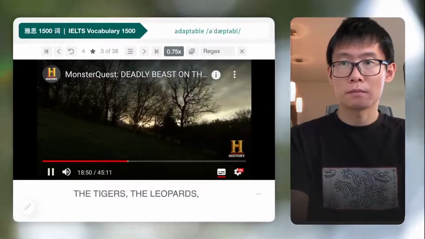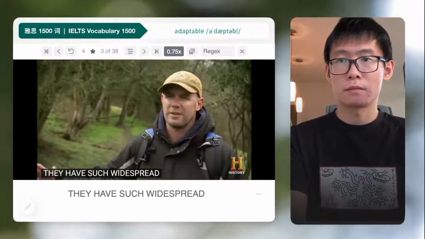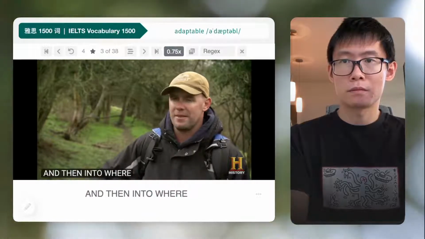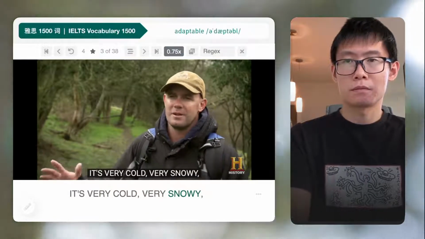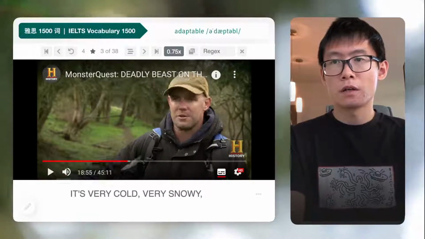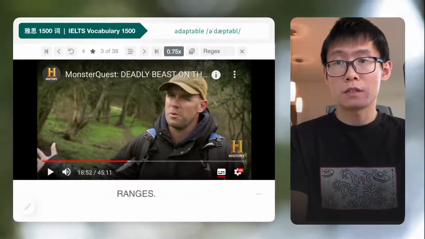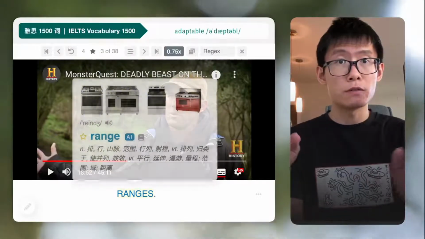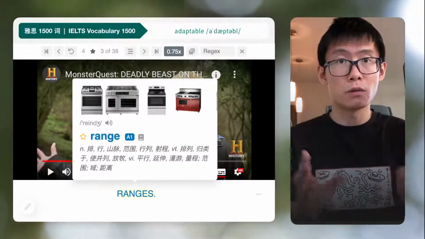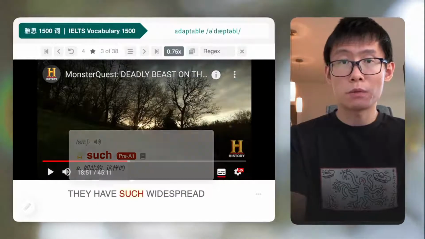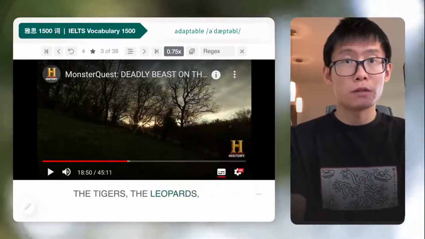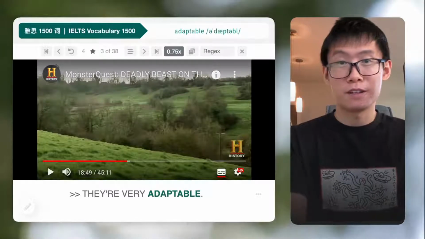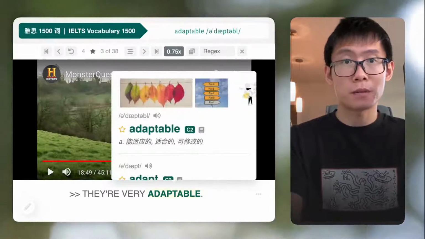They're very adaptable. The tigers, the leopards, they have such widespread ranges. So they exist in the tropics and then into where it's very cold, very snowy. Right. So these animals, they exist in widespread ranges. 意思就是它们生存的环境非常的多样，这个领域很广 in widespread ranges. 所以呢，因为这个生存环境很多样，他们必须要能够适应，所以他们要很 adaptable。